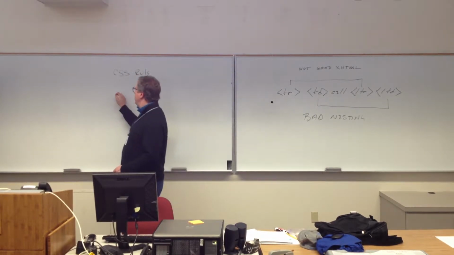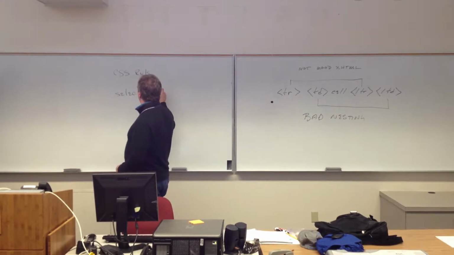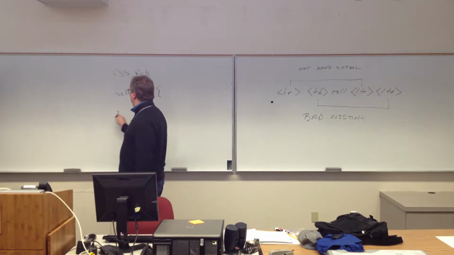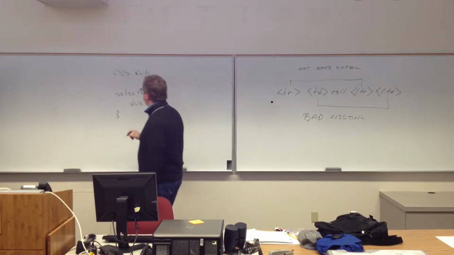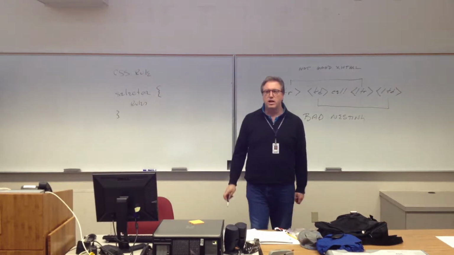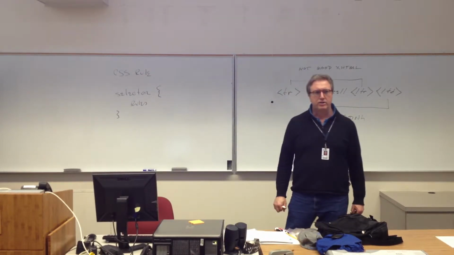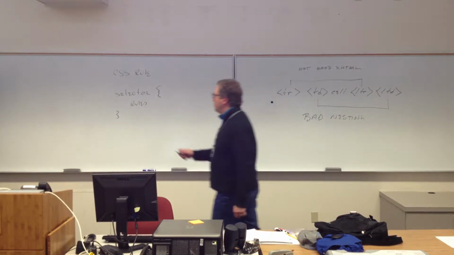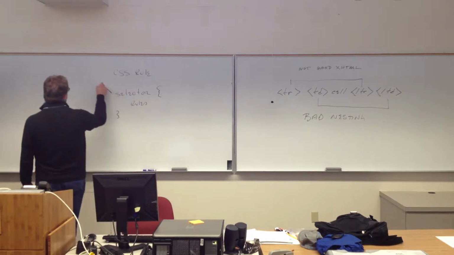So the first thing in a rule is a selector. And then there's angle brackets, and then there's rules in here. There's a couple different types of selectors. So, the easy one